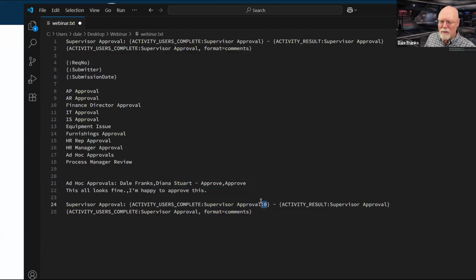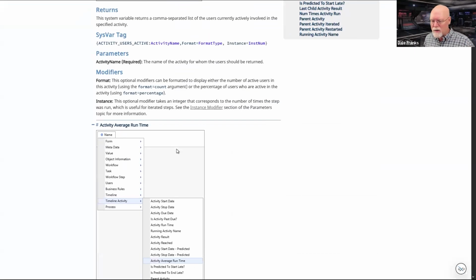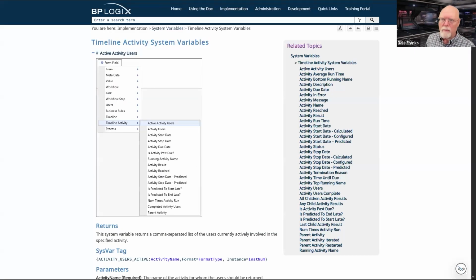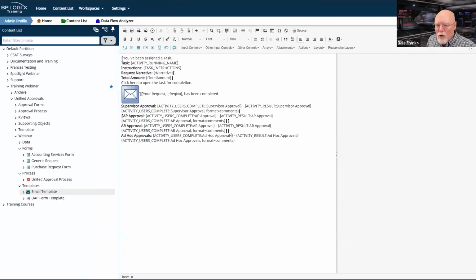And so I don't really have the time to do troubleshooting and to go through all of the different things that I would need to do, because I do want to wrap up unified approvals this week. And we only got an hour left, and we haven't even talked about knowledge use. Although I think that knowledge use section is going to be fairly short. So there are still questions as to how we want to handle that ad hoc approvers. The way that I have it set up is it's only going to pull back the very first ad hoc approver, because only one is ever going to complete.